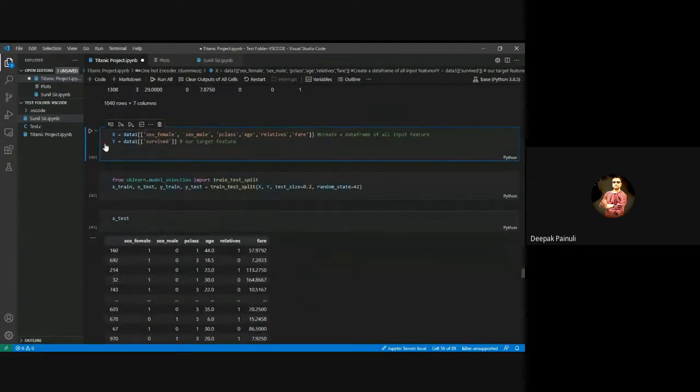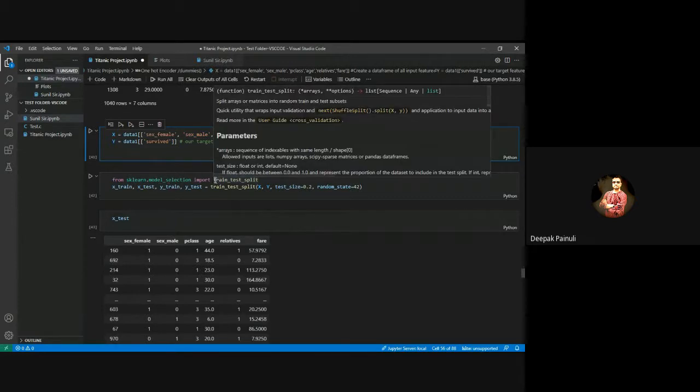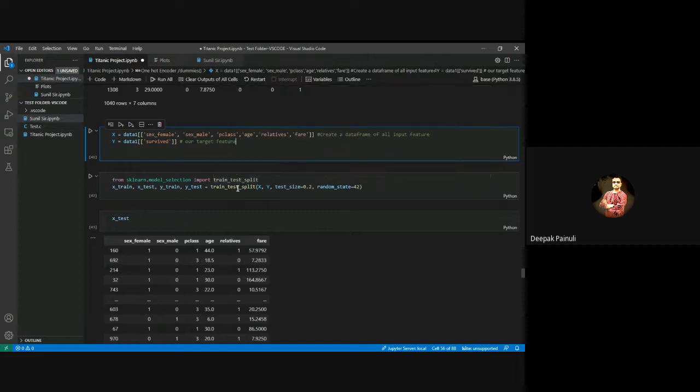Now, after that, when I have done it, I will simply split our data into two parts, right? One for testing purpose and another for training purpose. For that, in the sklearn library, I have a very good function, train_test_split. The syntax of using this is this one, where x_train, x_test, y_train, y_test equals to